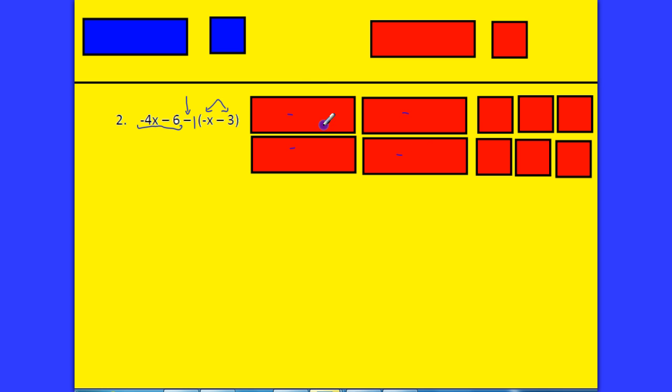a blue x. Okay, so instead of putting down a red x right here, we're going to put a blue, because the subtraction sign in front of it means do the opposite. So you have this, and then instead of putting down 3 reds, we're going to put down 3 blues. All right, here's what just happened,